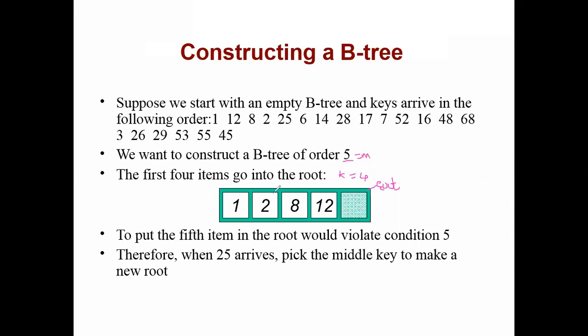Okay, so now we have stored according to ascending order 1, 2, 8, 12, but we are not storing 25 after that. Why are we not storing it? Because it violates the property, that is, we have stored only the 4 elements. Okay, so let's see the next step so that you can understand how it will work.